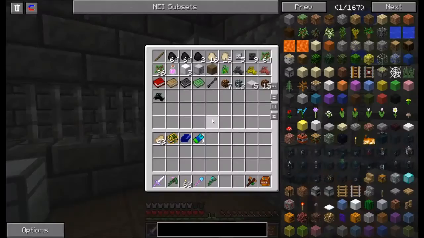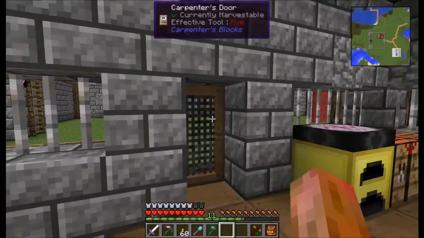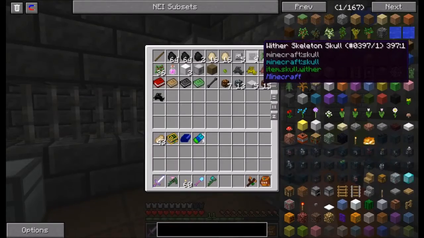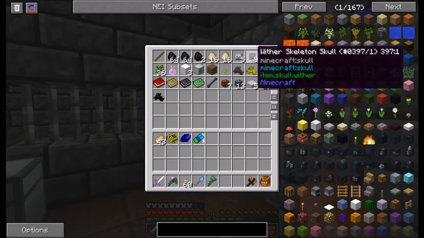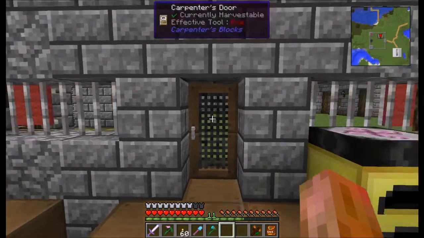Where are my heads? I think I got 9. Where the hell did I put those things? There we go. Yeah, I got 9 wither skeleton skulls. Now, with ProjectE, these do not have any EMC value, so I can't do that. But the Nether Star actually does,